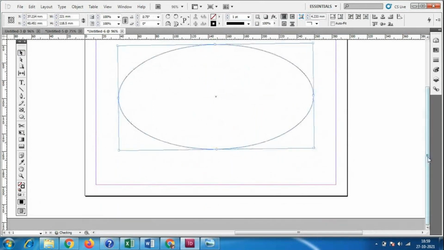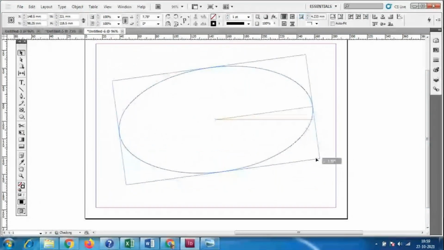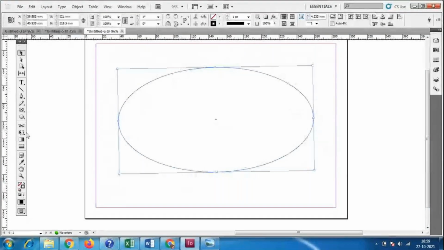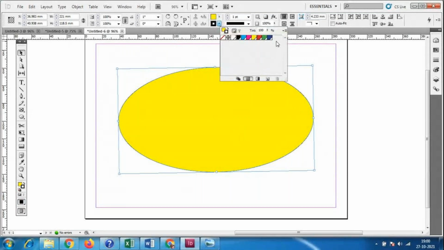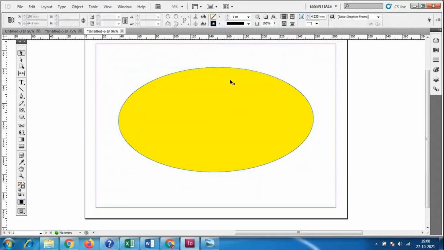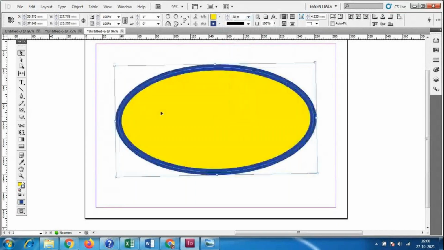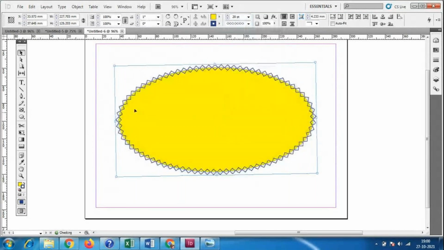Okay, so we will have the rotation options, we'll get it here. The same thing that we have used for the rectangular tool. So we have the fill color options, and the outline color. For the outline color, we have to add the thickness, and any designs also we can add. So outline designs also we can add for this.